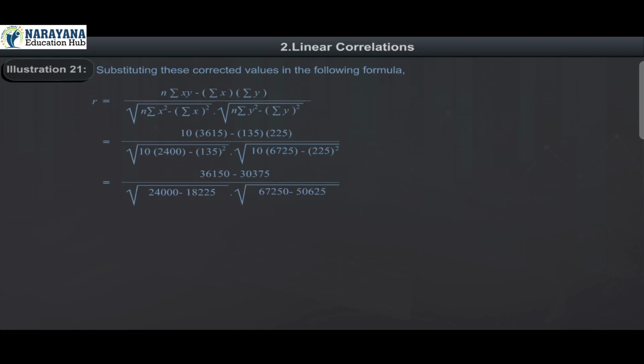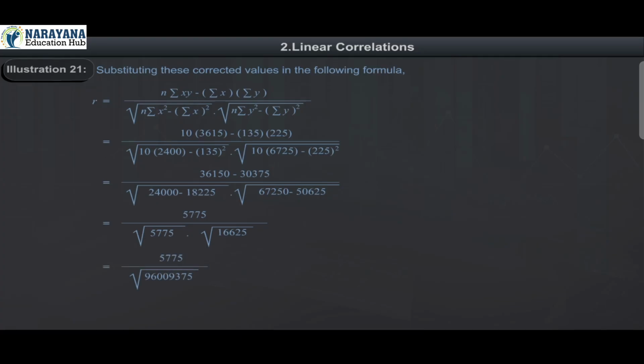36150 minus 30375 divided by under root 24,000 minus 18,225 into under root 67,250 minus 50,625 is equal to 5,775 divided by under root 5,775 into under root 16,625 is equal to